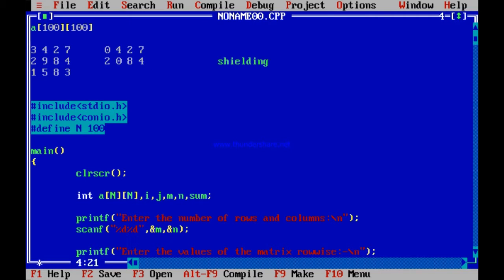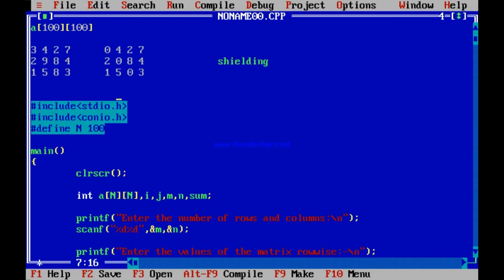Check what I have done. I have only considered the diagonal: 3 has been converted to 0, shielded. In 2, 9, 8, 4, this 9 converted to 0, giving 2, 0, 8, 4. Then 1, 5, 0 and 3. So, the diagonal has been shielded. This is 0, this is 0, this is 0.